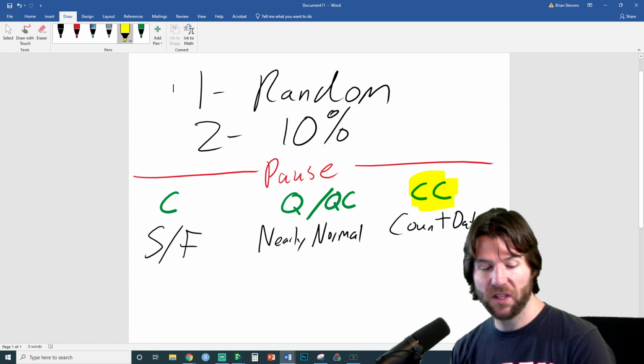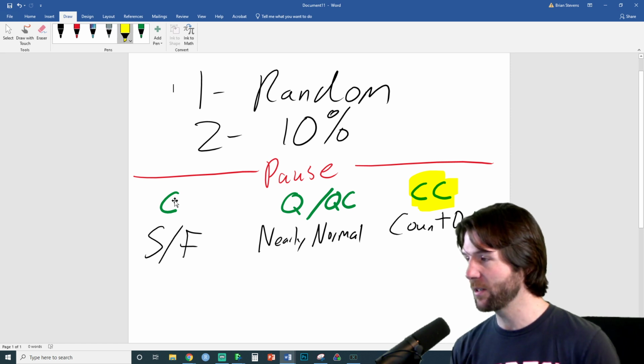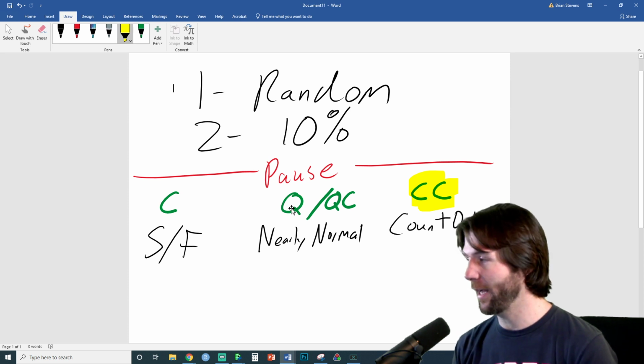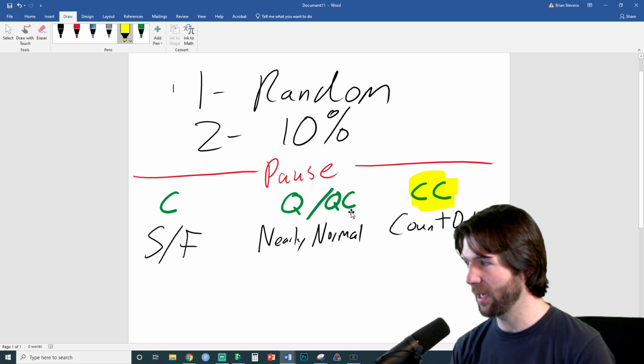What do I mean by C? It's a question like, do you own a cat? Which is categorical. That's a yes-no question. What do I mean by Q? It's a question like, how tall are you? What do I mean by QC? It's like the heights of people who own cats. The height is quantitative, and cat owning is yes-no. So the heights of people who own cats versus the heights of people who don't own cats, it's quantitative categorical.